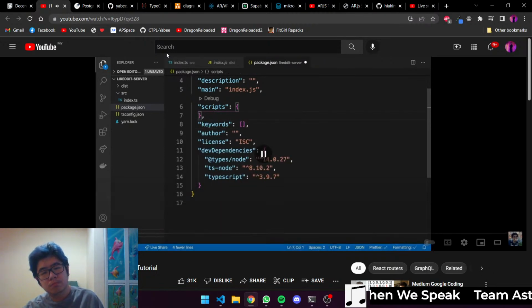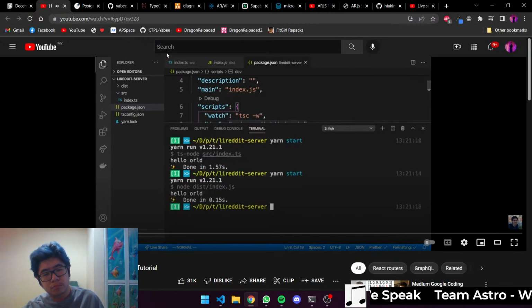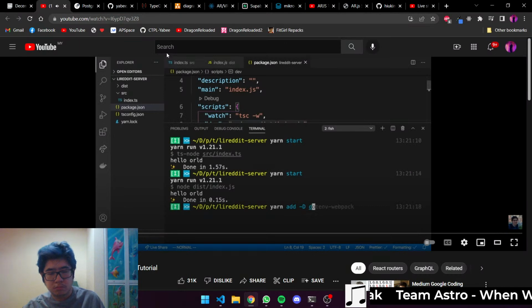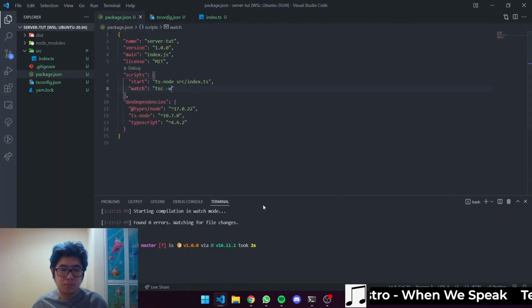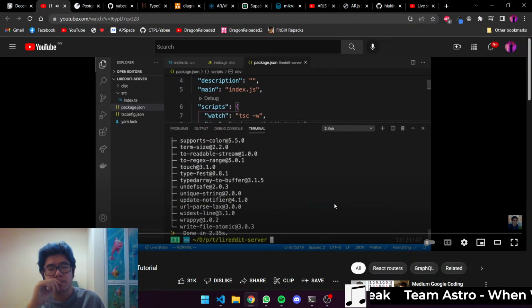So we're going to install this program called Node Daemon, and what Node Daemon does, let's just add it, is it's going to listen for any changes we make in a file, and it's just going to be